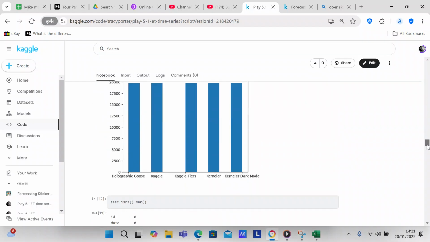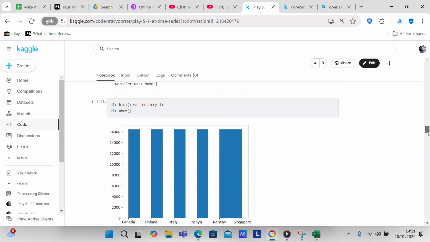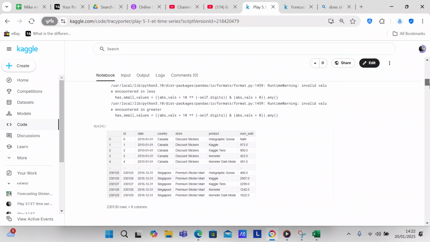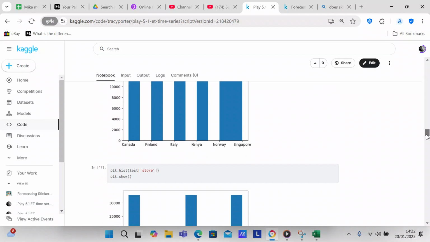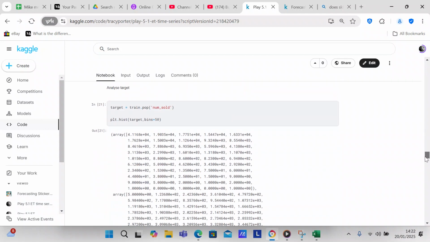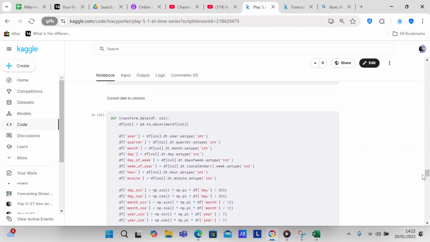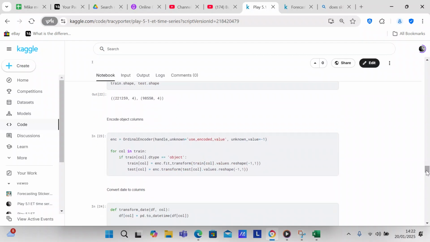That's what I'm thinking, because I did the dates after I encoded it, and the date is actually an object. Since the date is actually an object, there's a possibility I can improve my score if I take this code here, the def transformer, and put it before the object encoder. If I put it in before the object encoder, then I think I will get a more accurate reading.